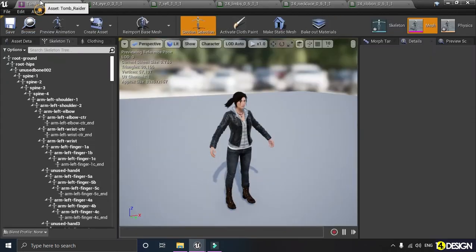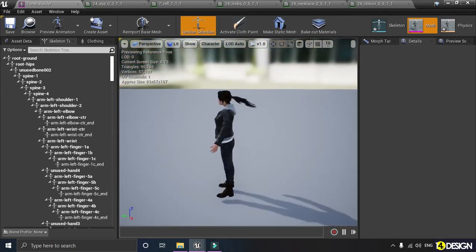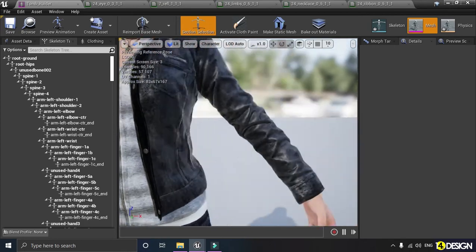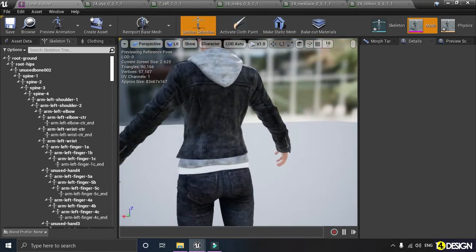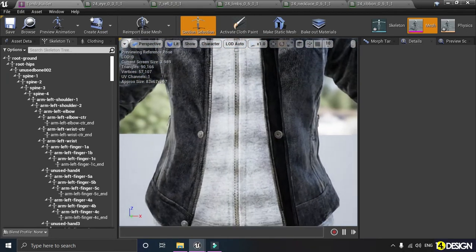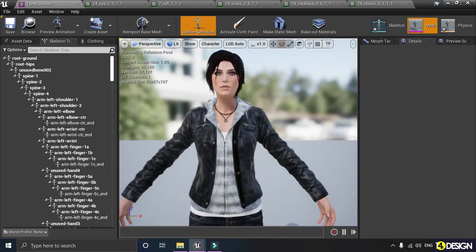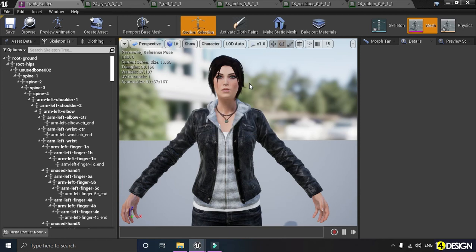As you can see, all our textures have been assigned and it's looking good. The normal maps are nice. We didn't have any roughness maps, but no problem, it's looking good in this texture. Look at the details of this shirt. Awesome. Now let's save all and close it.